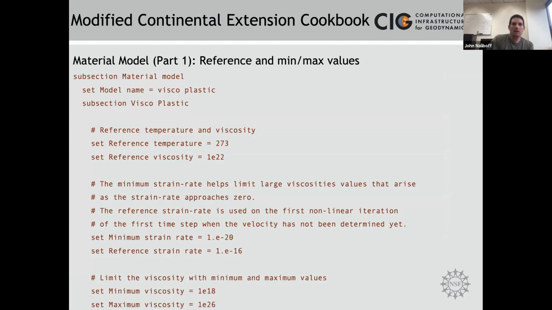The last section to go through is the material model, and then we can actually start looking at the model results. So this is the heart of the model, and we're using the viscoplastic material model, which combines nonlinear viscous flow with plasticity, and then also there's the option to add elasticity, but we're not going to go through that specifically in this tutorial. So what are some of the values we're looking at? Here we're looking at the reference temperature, which is equal to